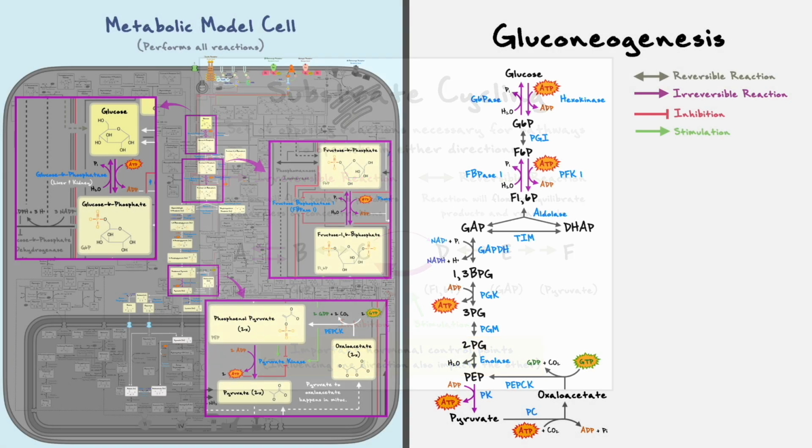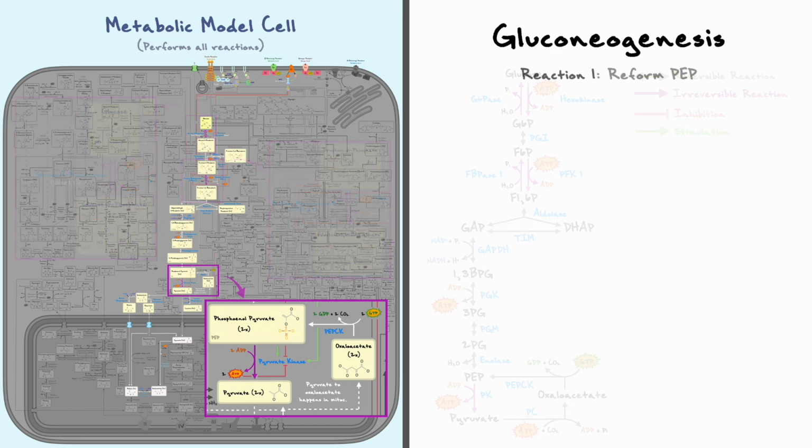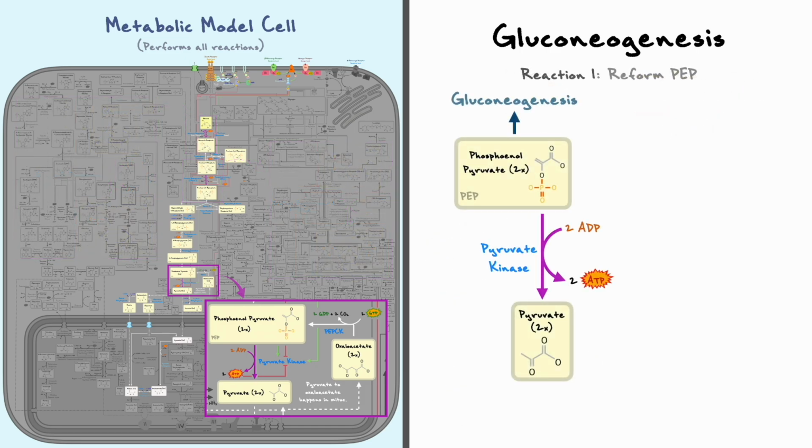Now that we know why gluconeogenesis and glycolysis are organized that way, I want to take a look at the reactions of gluconeogenesis. Given that this pathway only differs from glycolysis at 3 instances, which we now know are 3 substrate cycles, I'll focus on these different reactions, but keep in mind that we have seen all the other reversible reactions when discussing glycolysis. So, starting from the last reaction of glycolysis, which is the formation of pyruvate from PEP,